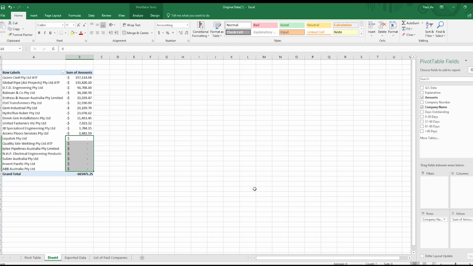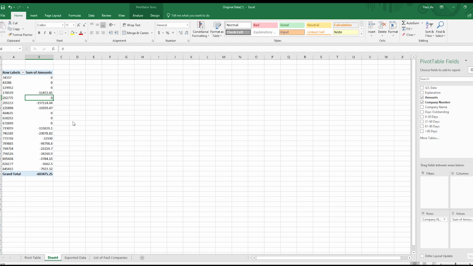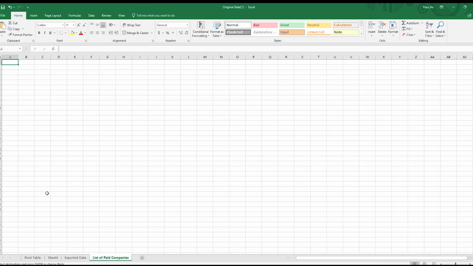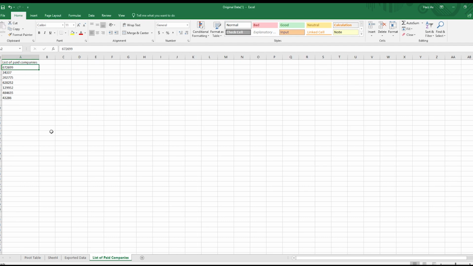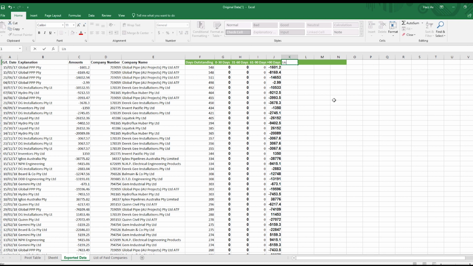And that is by, we come back to the pivot table, take out company name, put in company number, sort smallest to largest, grab the company numbers, and then we're going to put that as a list here. So this is going to be our list of paid companies. And then we're going to make paid companies here,